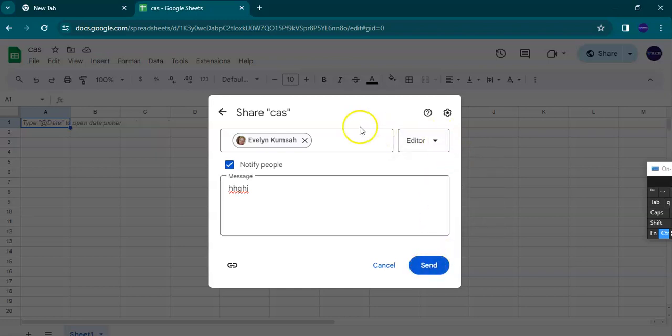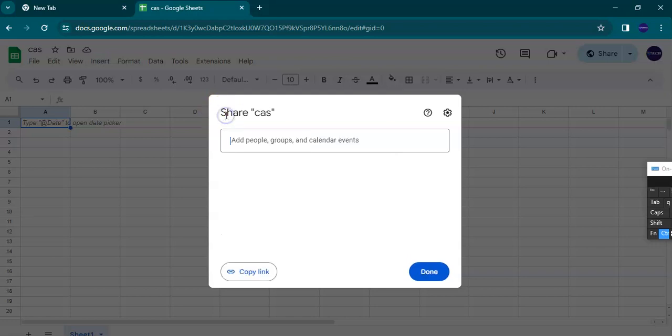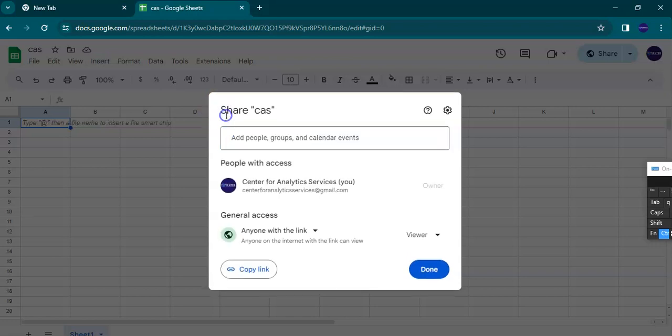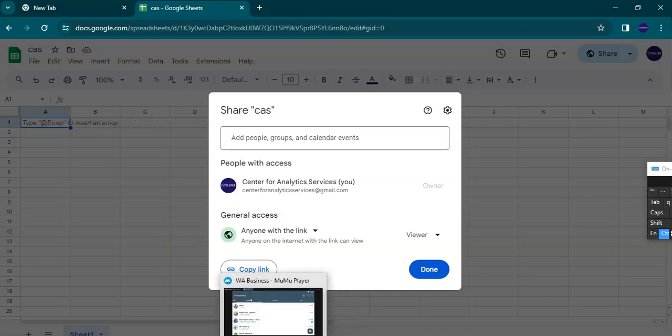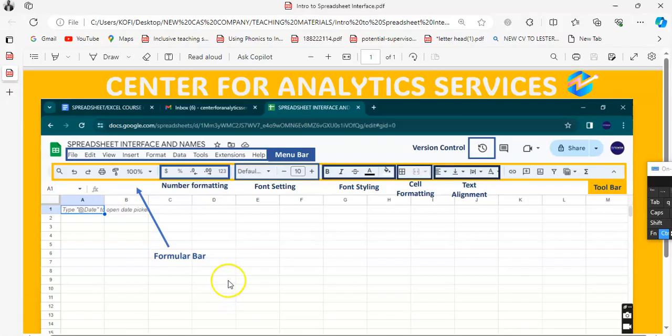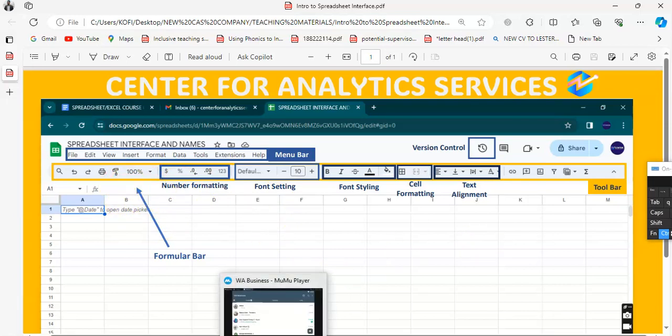After that, send. So now let's come back to the rest of the interface. Our section will be quick. All right, so this here is the formula bar. This formula bar is used to type long and complicated formulas. So let's come back here